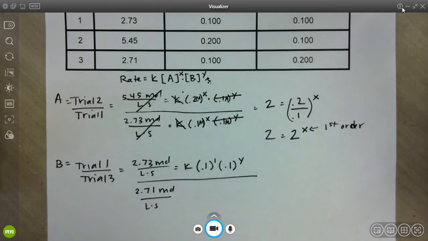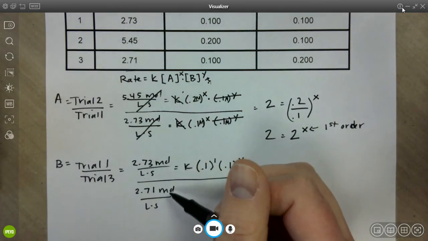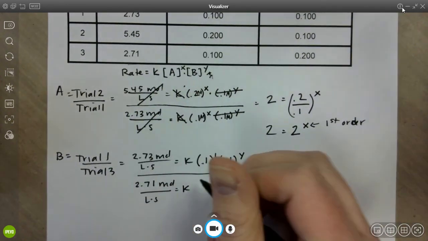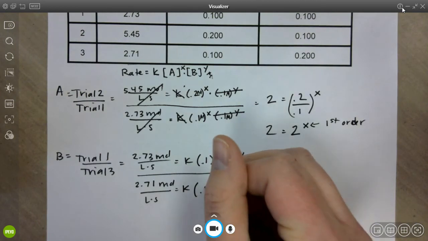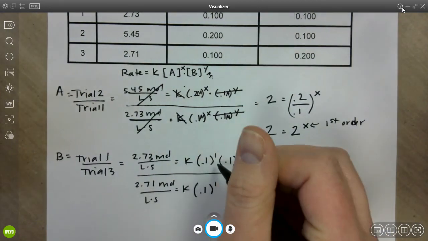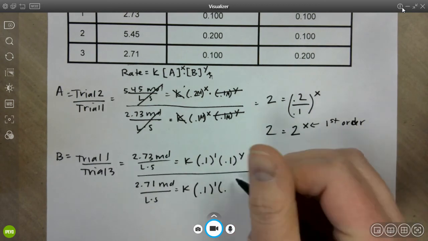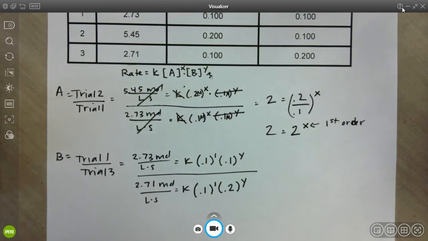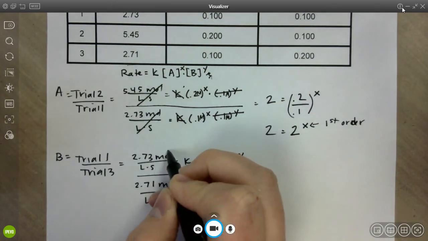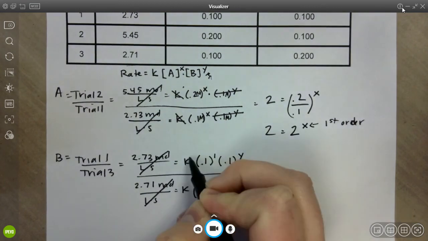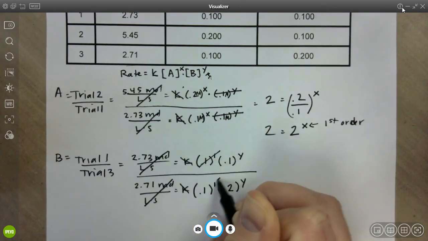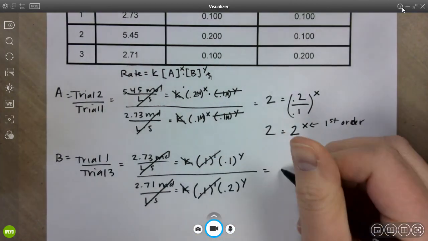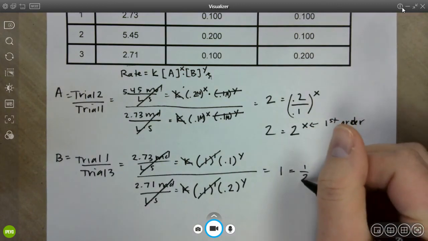So hopefully you're looking at this already and you're saying, well, their rates are pretty much identical. Hopefully in your mind, that's already tipping you off to what kind of order this is. So I did my data selection nicely so that these 2 numbers cancel out. And then I've got 0.2 molar to the Y power. So if we think about what's going to cancel out here, the moles per liter cancel, the K's cancel, these 0.1s cancel. And so what I have essentially is these 2 numbers divided by each other, which is basically 1, equaling 1/2